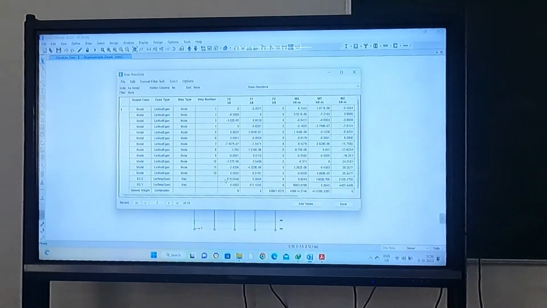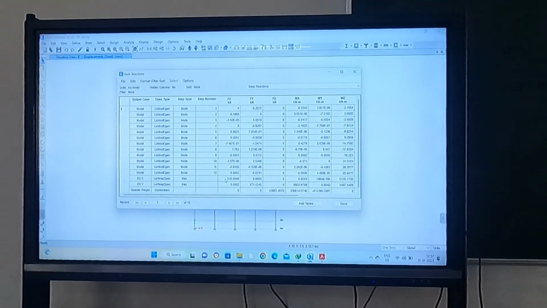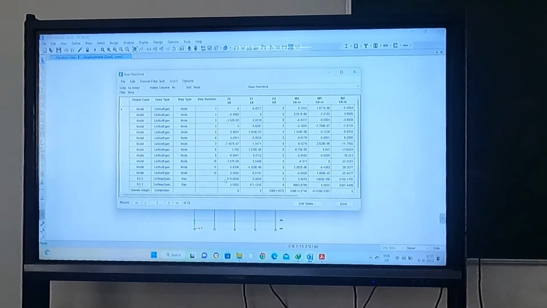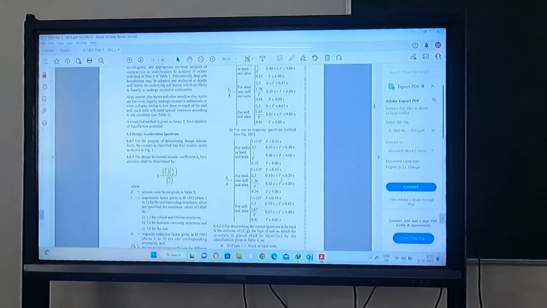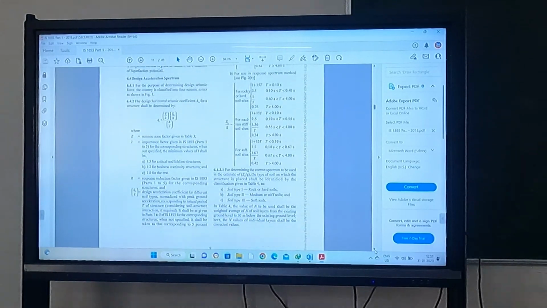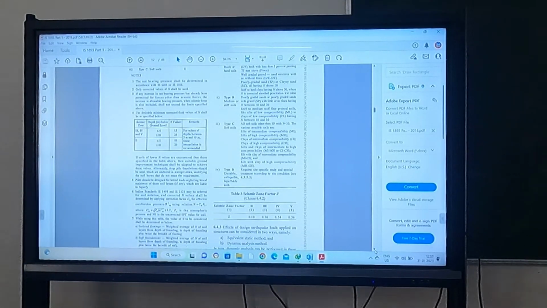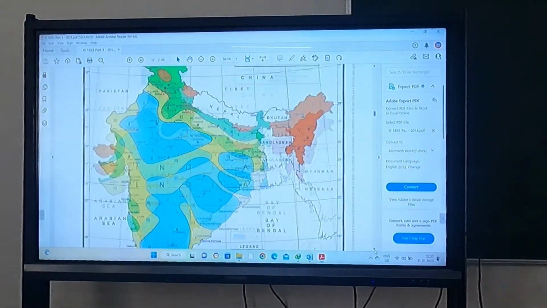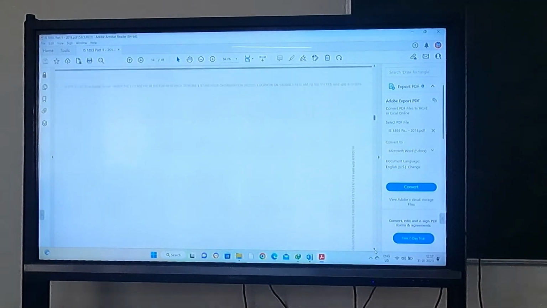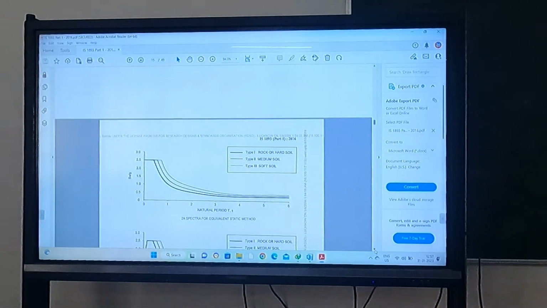Okay. It means yesterday also I told, if our response spectrum method is giving the result which is lesser than the code criteria, then at least the code criteria we have to satisfy. And this is using, I think, response spectrum method. So let us try the equivalent static method, because we have to satisfy with the equivalent static method, not with the response spectrum method.